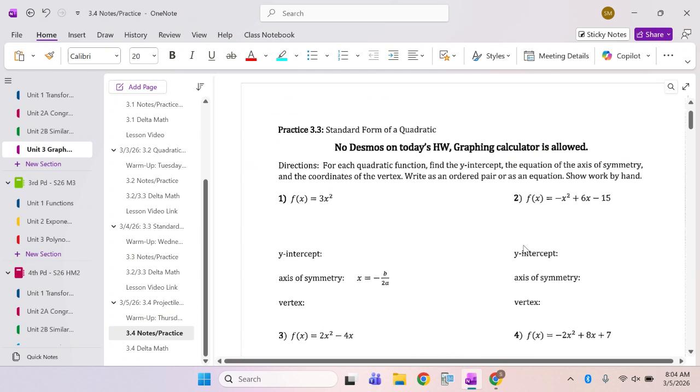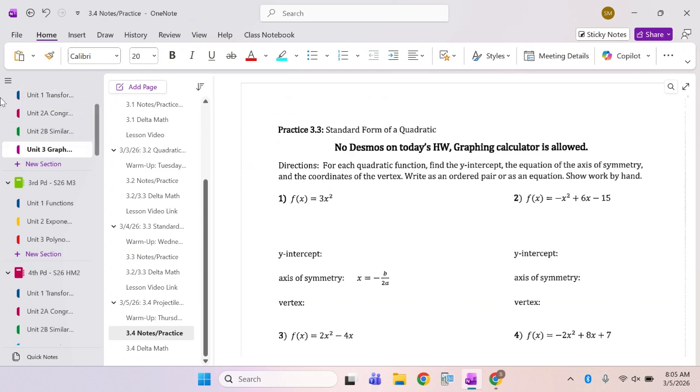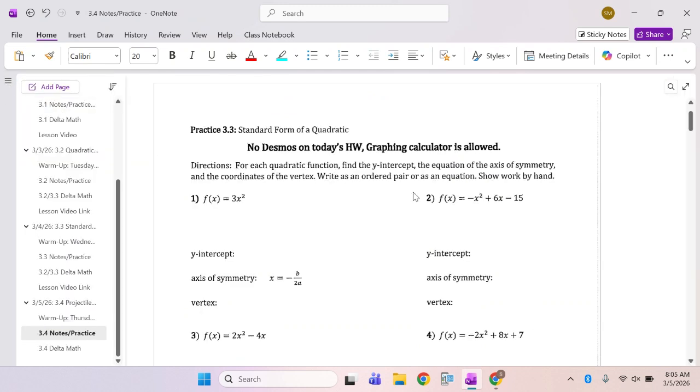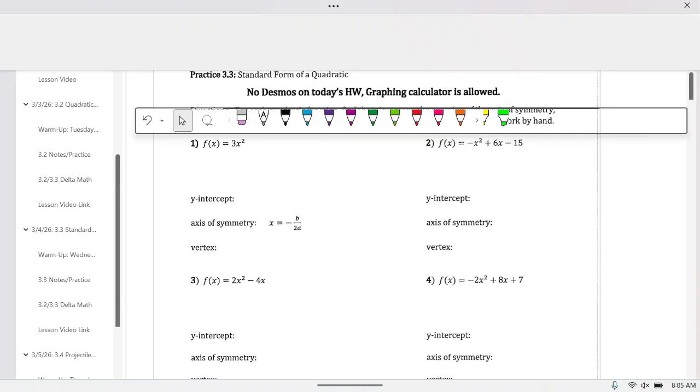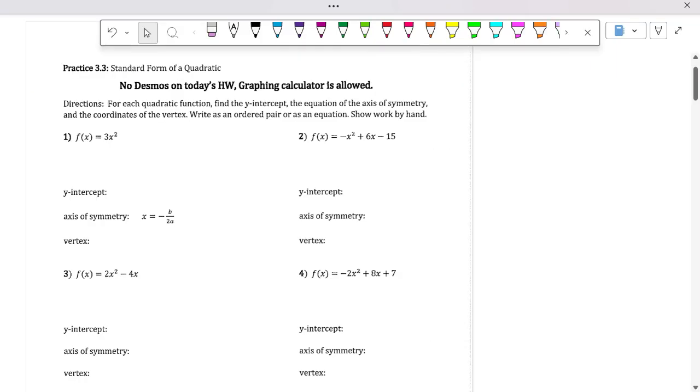Page 18, all right? It's review from the stuff that we did yesterday, which is specifically finding the axis of symmetry and the vertex and the y-intercept from the standard form of a quadratic function without the use of a calculator, or Desmos, I should say specifically. All right. So,